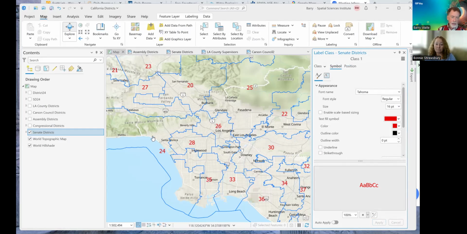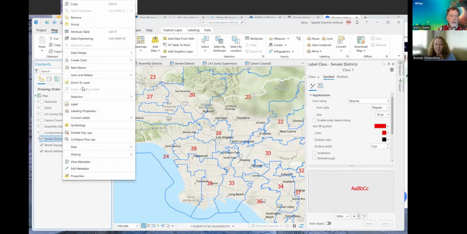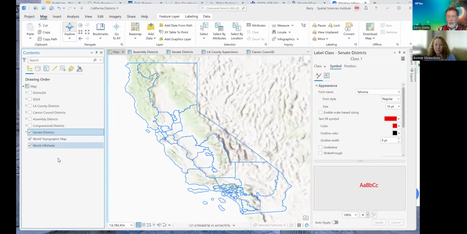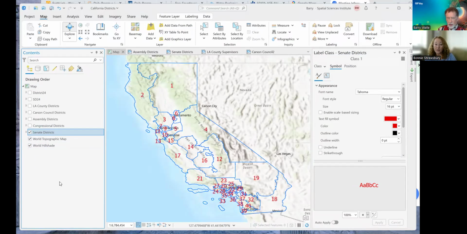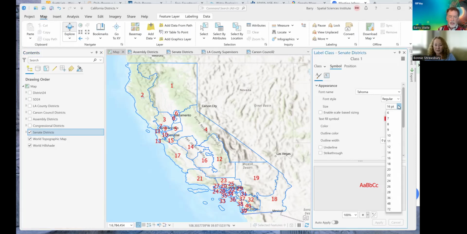Except here's the problem. I don't know if you know this one yet. Right click on a layer and then say zoom to layer. That's one we use all the time. That's a mess when you zoom to the whole area, which is why I had it set at the 7 point. So this is a case where it's a real challenge to have labels that show